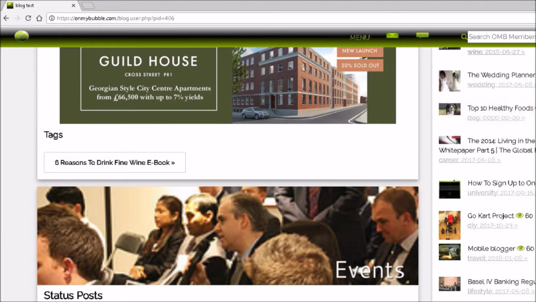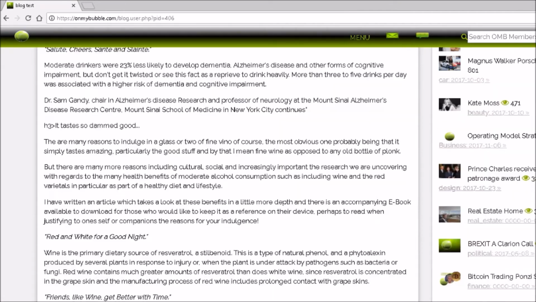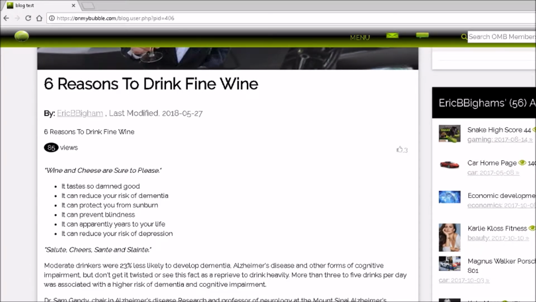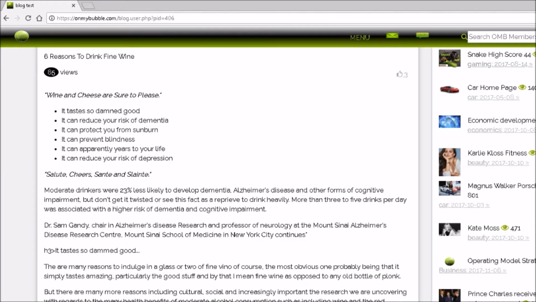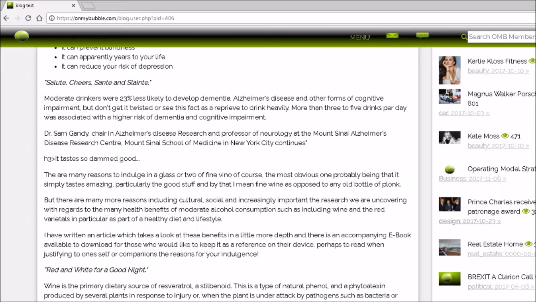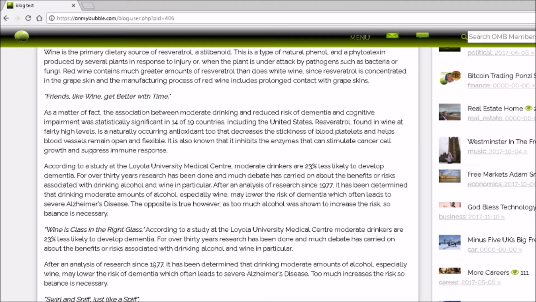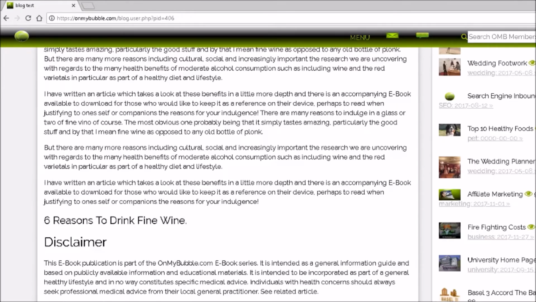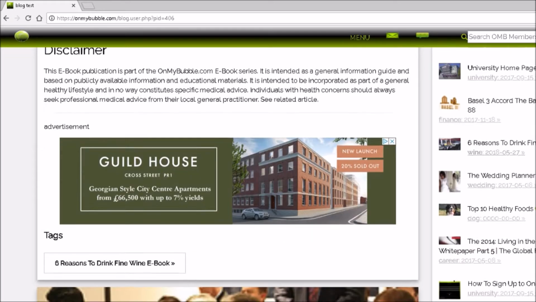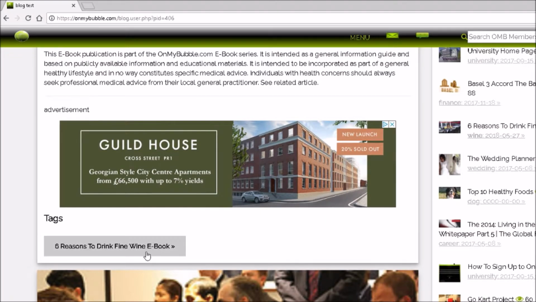So if somebody reads this article, which will be picked up by the internet using search engine optimization, if somebody searches for one of the keywords here, perhaps they will search for the health benefits of drinking wine as it relates to dementia, perhaps, and that might then appear because all of these articles are indexed in Google, or most of them will be indexed in Google. The article can be picked up across 50 countries, 150 cities globally. Depending on what people search for, they could find the article. And if they find the article, it's possible then the article could drive them to